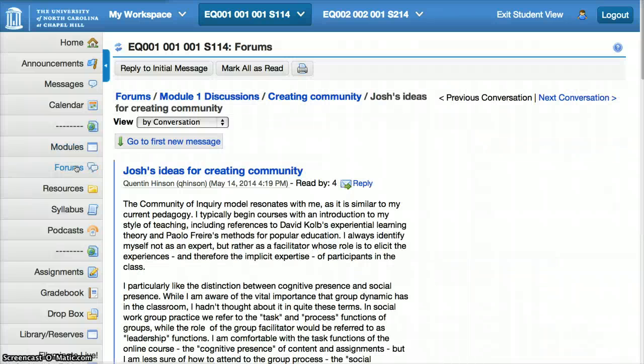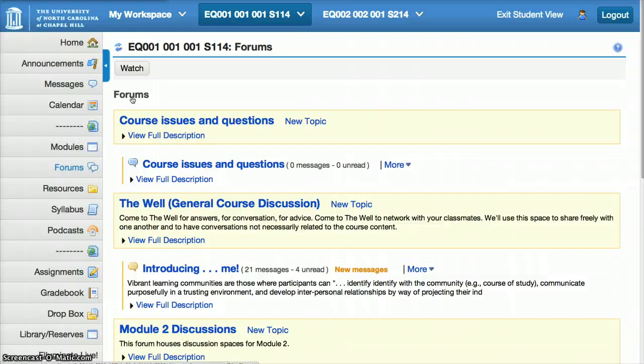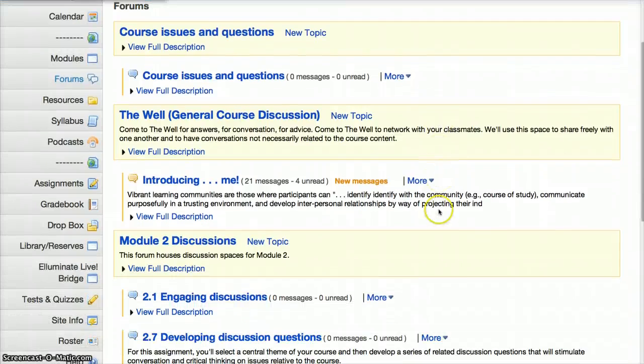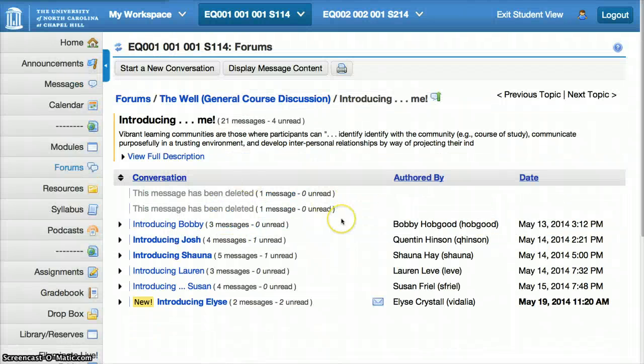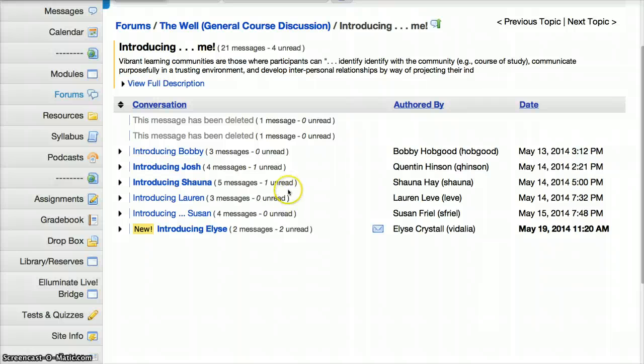The last thing I wanted to share with you today was how to make sense of the forums section. And so as we're looking at the forums here, I want to go to a forum that has some read messages and unread messages, so the Introducing Me forum. And you'll notice here in this view that I can easily tell from here which topics in this particular discussion have unread messages. So there's one unread in this one, here's another unread, and there are two unread here adjacent